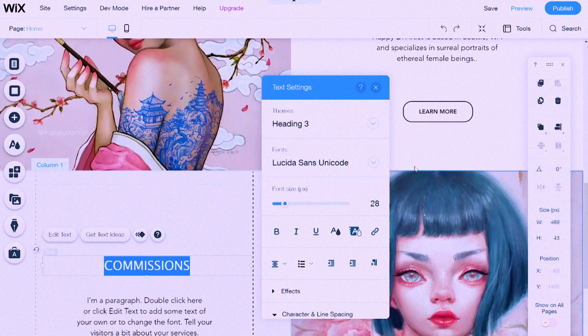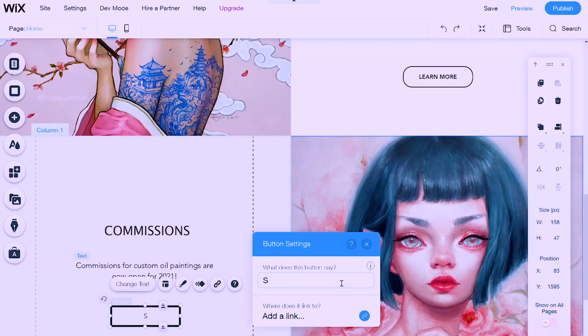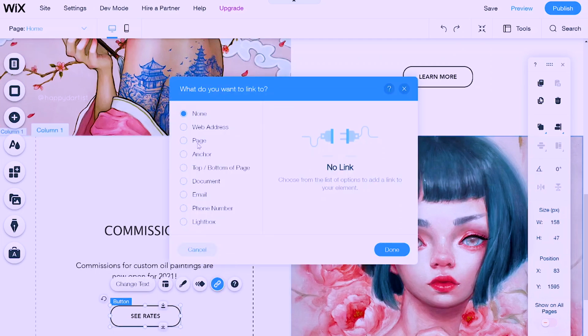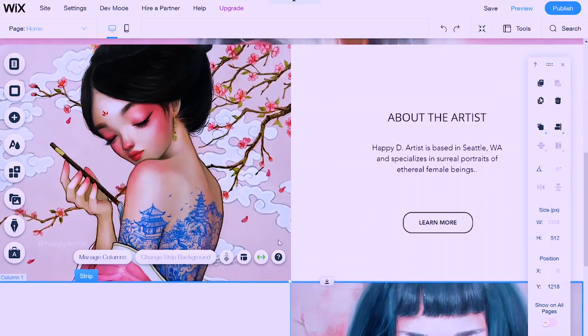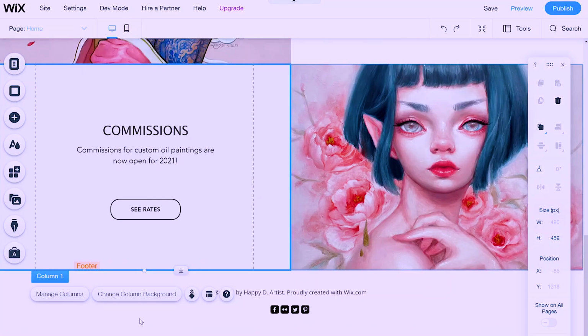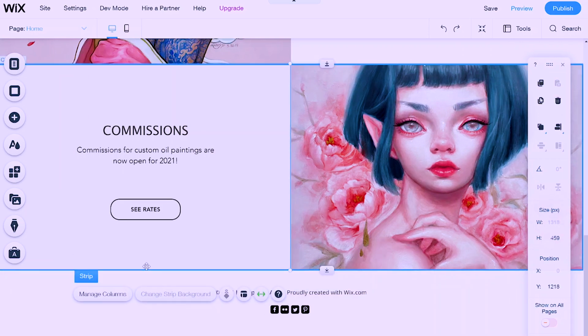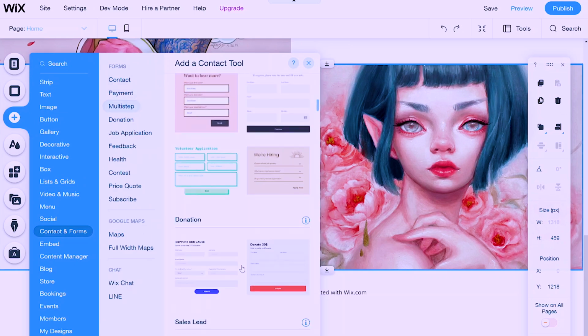And just like I did previously, I will pick another pink color theme appropriate artwork, change the button to the rounded button style, and write a little preview text to give visitors an idea of what the commission section will be about. And since I had replaced the contact page with my new commissions page, it's now time for me to add the contact form to the bottom of my homepage like I had planned.